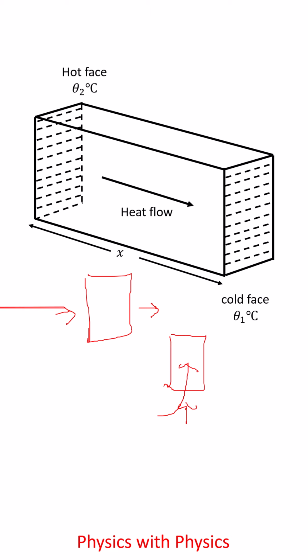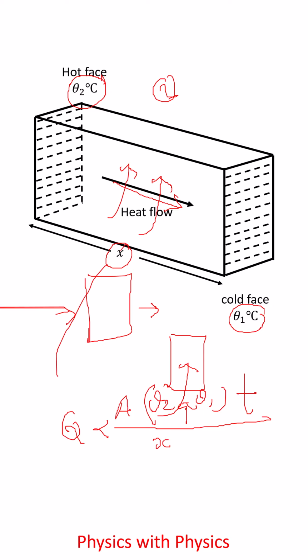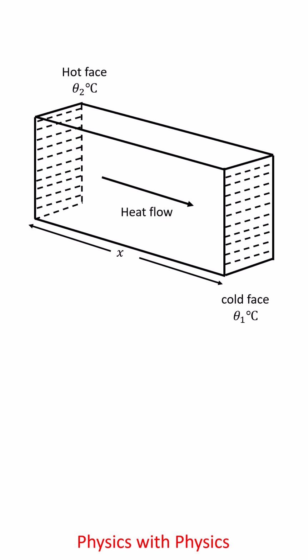inversely proportional to thickness. That means if the thickness of the slab is more, less heat energy passes through the slab, and if the thickness of the slab is less, more heat energy passes through the slab. In this way, we discussed on what parameters the heat energy flowing across the slab depends. Now the heat energy Q equals K A (theta 2 minus theta 1) t by x, and here K